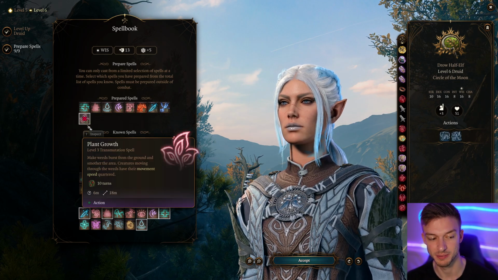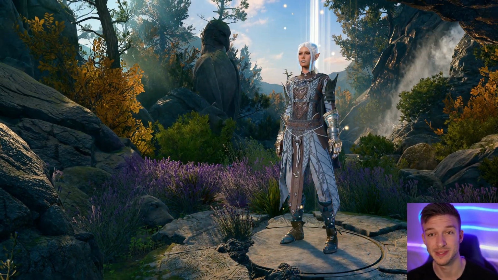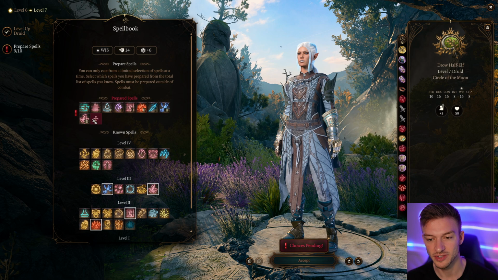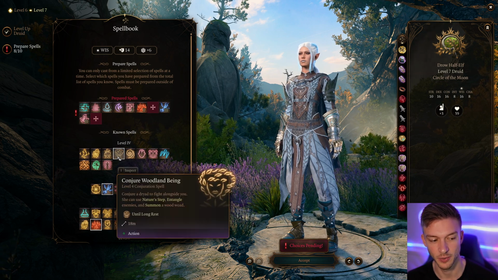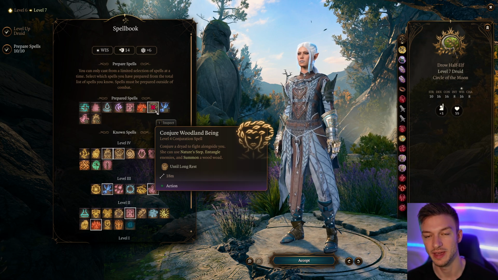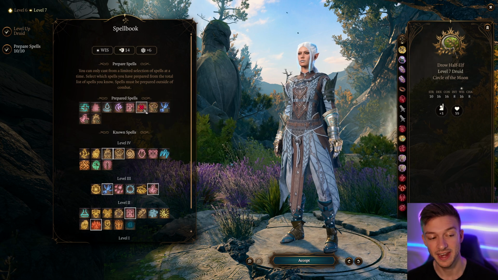This is an incredible spell that can quarter movement speeds without concentration, so you can really tie up the enemy that way. Now at level 7, we get a huge power spike. So we get both the Woodland Being and the Conjure Minor Elemental. The beautiful thing about the Woodland Being is it also gets another summon,